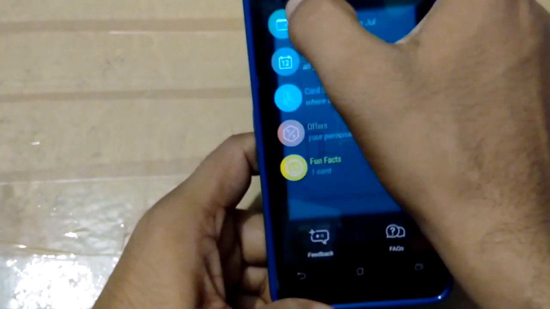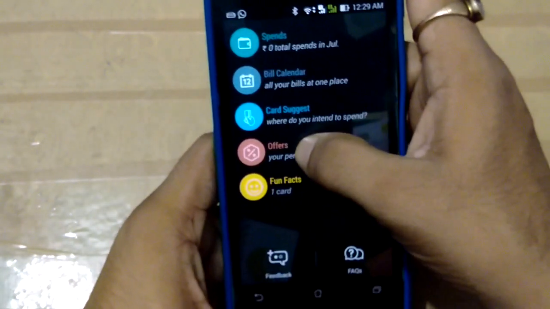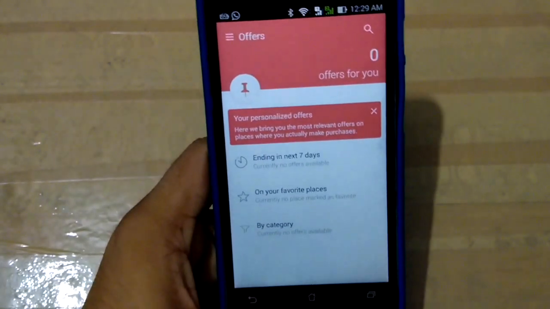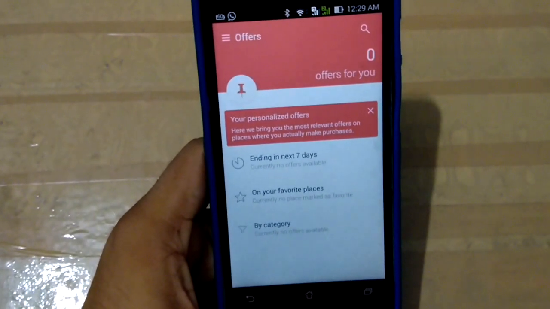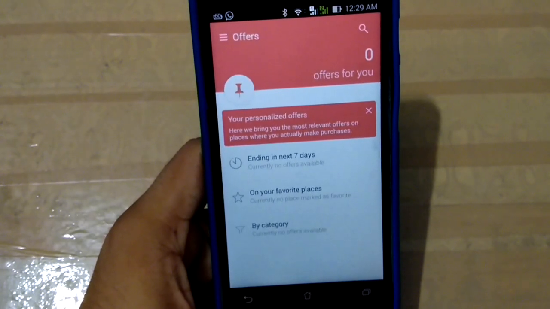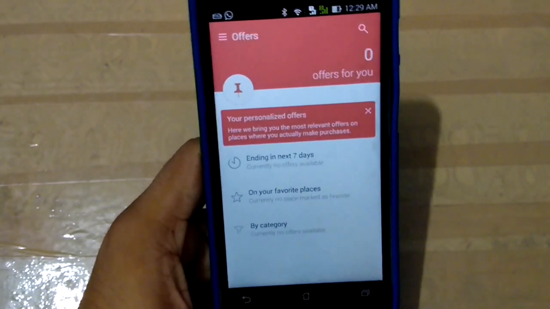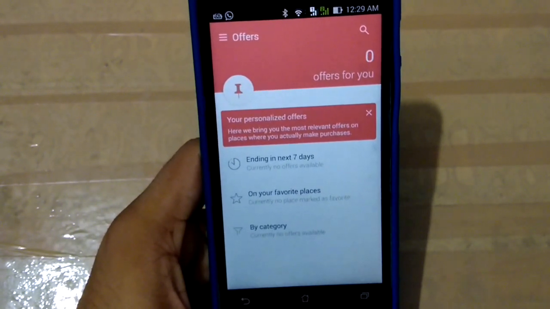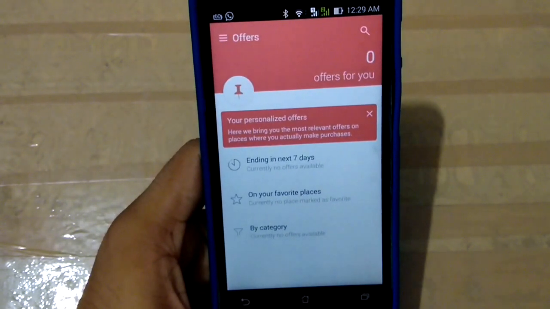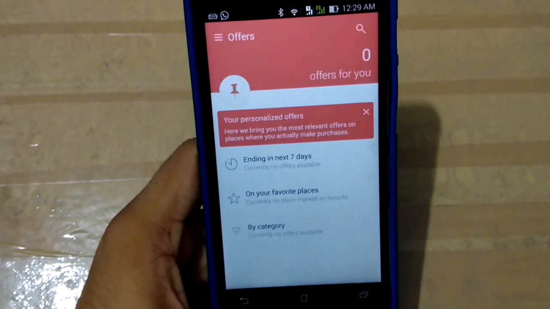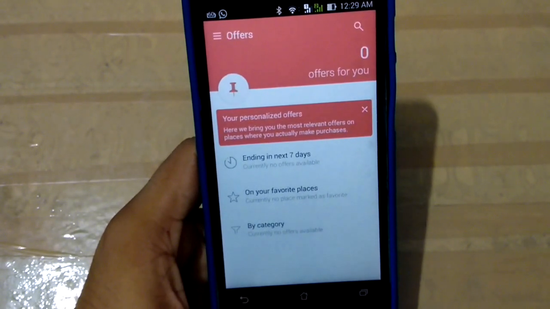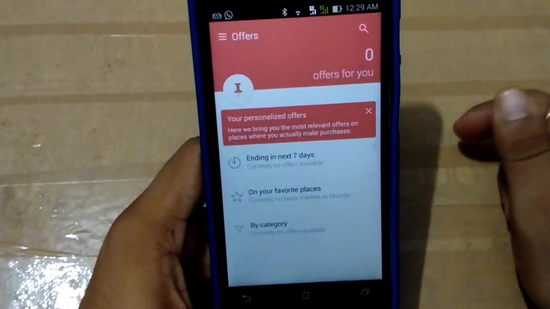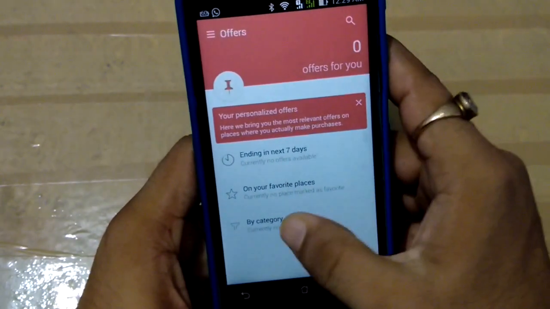Now we go back, and here is offers. Inside the offers you can get personalized offers. As per the app, they wrote that they bring you the most relevant offers on places where you actually make purchases, like offers ending in the next 7 days, on your favorite places by category.